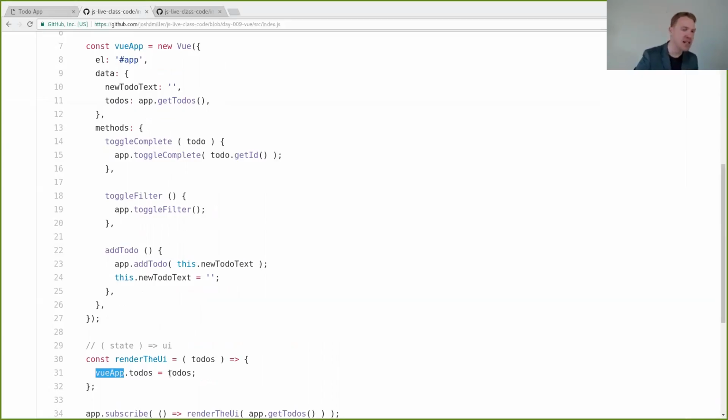And behind the scenes, Vue has a watcher, so that anytime this changes, asynchronously or not, anytime the to-dos property of data changes, it's going to recalculate the view and update it if it has to. So in that sense, it's both like React and like Angular. It's like a weird bastard child of all three frameworks. But I say that in the most loving of ways.